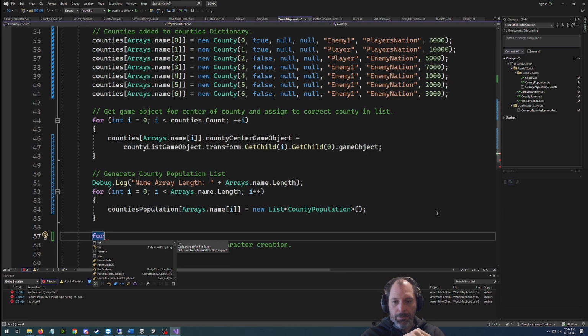We're going to have to go, it's going to be a for statement first that checks to see if it's a capital, and then it generates a random number. Or no, so let's do that first. So if